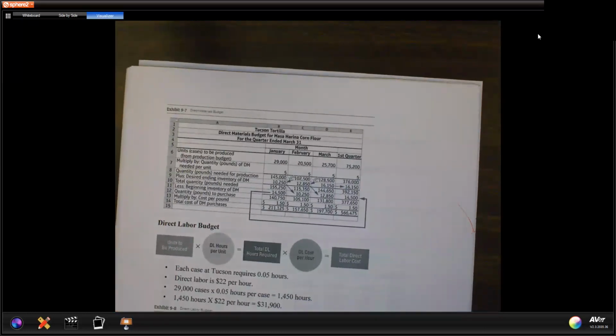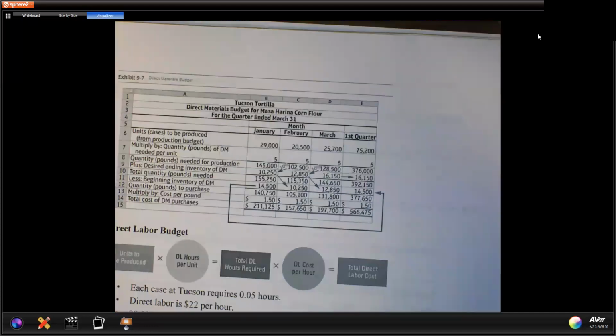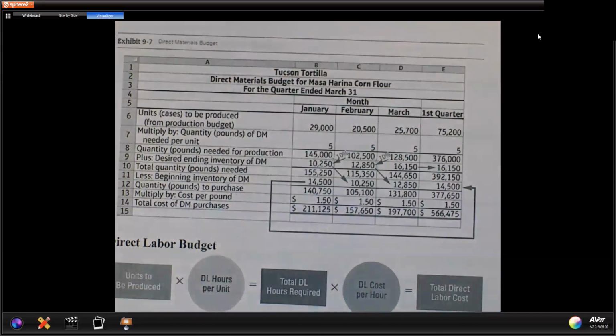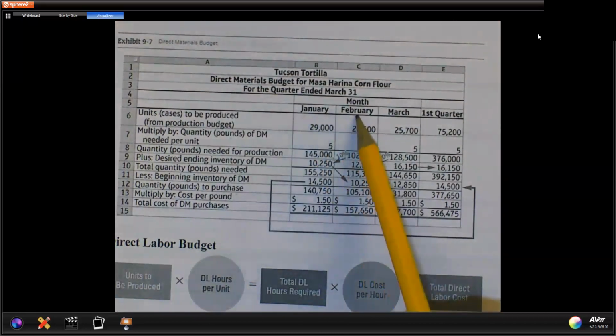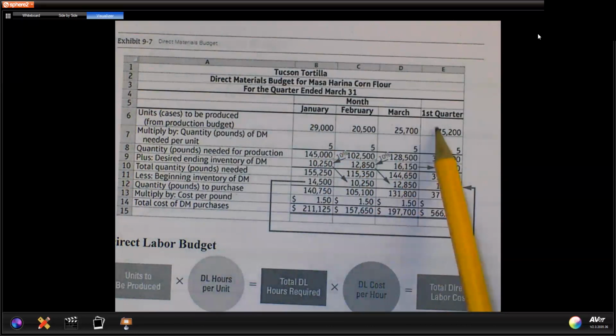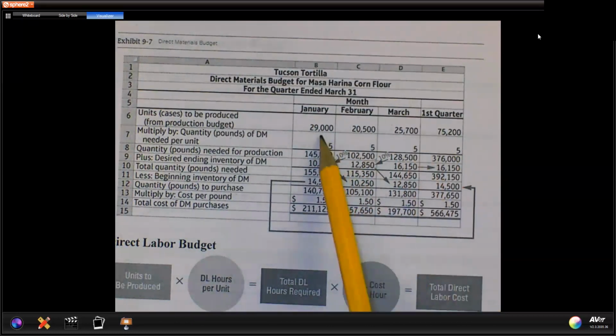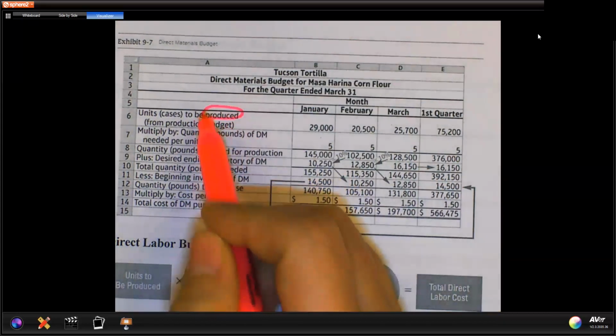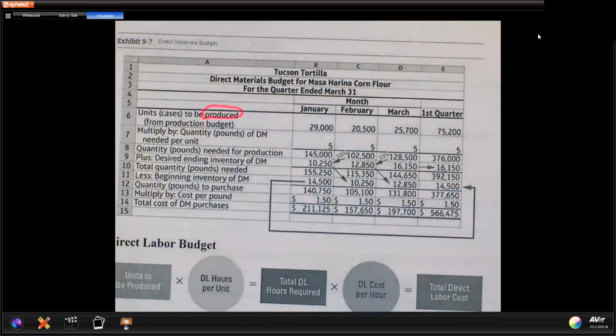But let's look at the numbers together. How does the textbook get all these numbers? Okay, I'll make the numbers a little bit larger. So we have January, February, March, and then we also have the first quarter, right? We should focus on production now, because your direct labor, direct material, and manufacturing overhead all relate to the